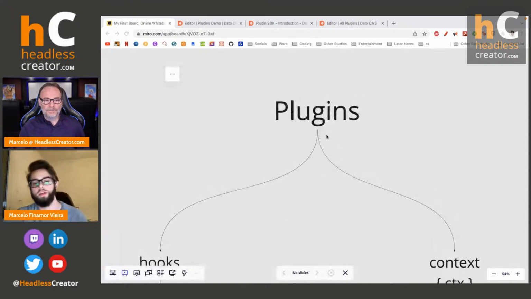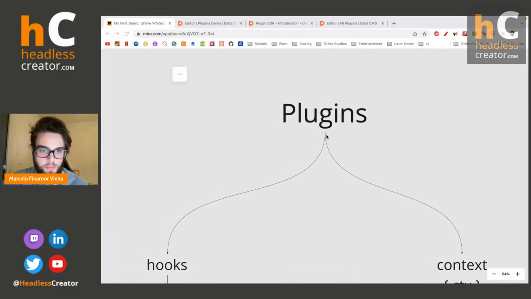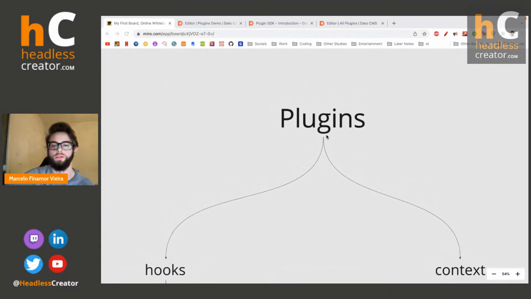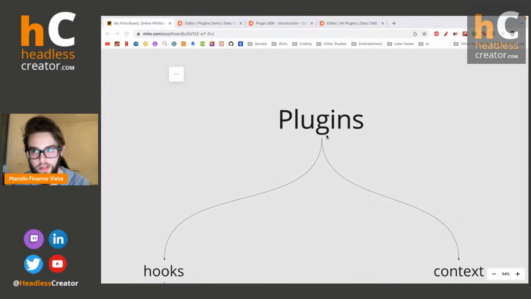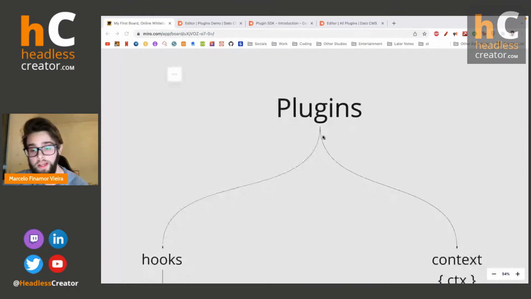Okay, so pretty much we're going to talk about plugins today and how to build plugins to customize your DatoCMS experience. So what can plugins actually do on DatoCMS? They can modify the dashboard, so they can provide a custom experience for your content creators, and they can automate certain parts of your content creation, making things easier for your content creators, or even making sure that there are fewer mistakes from your content creators. So plugins